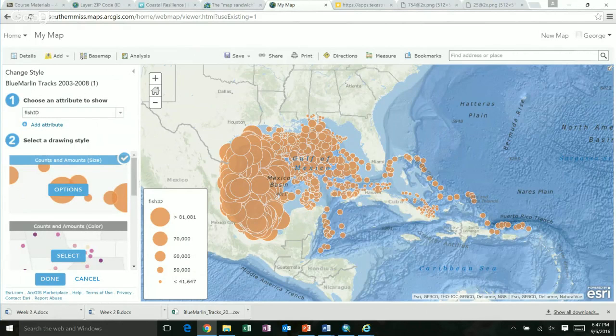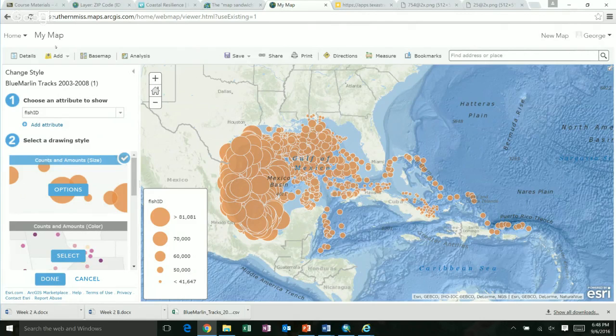I mean, it makes sense logically in your head, but does it really make sense to have a larger circle for a larger fish ID? Probably not, because fish ID is just the ID of that fish. So the marlin was tagged. This is data I got from the Nature Conservancy. And then it relayed the information as to where it was every so often. So really, just because you have a larger ID doesn't mean you're a bigger fish or anything. It's just serial. And so, you know, this fish was tagged later because it's a bigger number than these fish